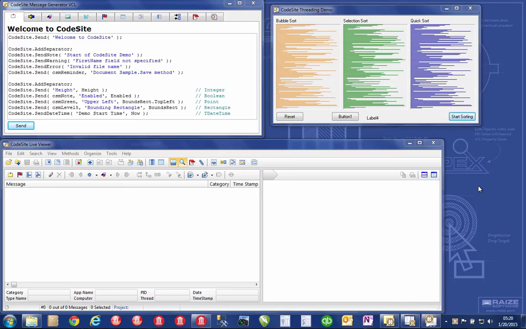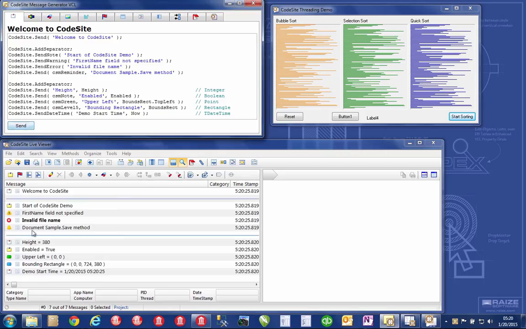So let's take a look at a couple of the key features of CodeSite. Like Raize Components, I've had presentations in CodeRage where I've dug a little bit deeper into how to use CodeSite and get started in making logging statements. But for today, with the limited time, I just wanted to highlight a couple of the key features. First and foremost is that when you send out CodeSite messages, by default it goes to the live viewer, and everything is time-stamped, and you get an icon of what the data type is and what message level it is,